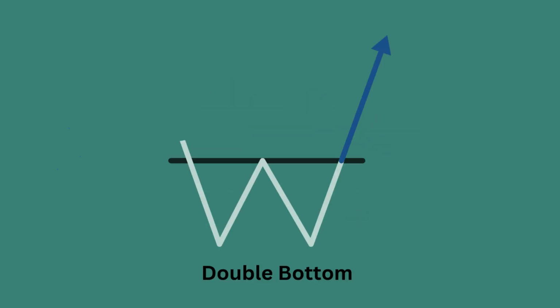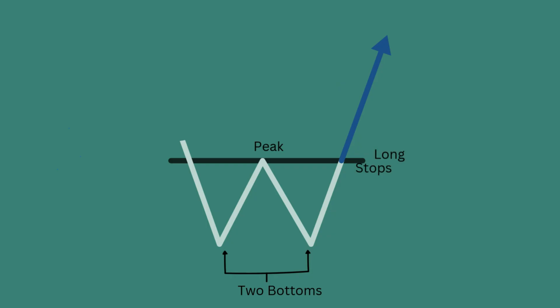Coming to double bottom, a double bottom is a bullish reversal pattern that occurs after a downtrend. It consists of two recent bottoms in the same area with a peak in the middle. Once the peak high is broken, it signals a long trade with stops placed just below the breakout candle at